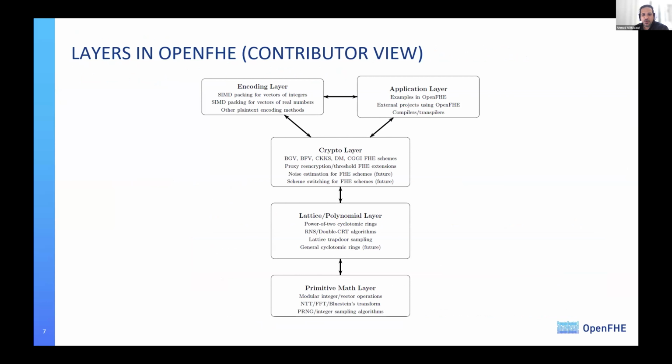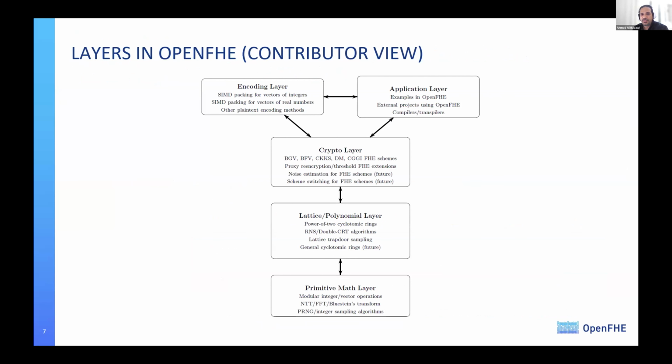OpenFHE, if we look at it, is built in a modularized way, and it consists of these 5 main layers. The lowest one is the primitive or math layer that includes the mathematical structures that FHE deals with. On top of it comes what we call the lattice or polynomial layer.